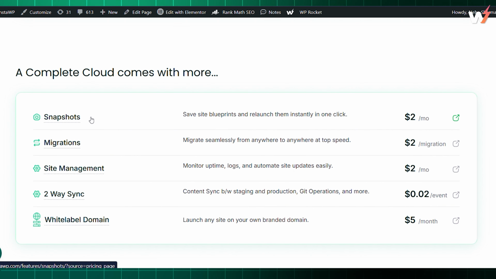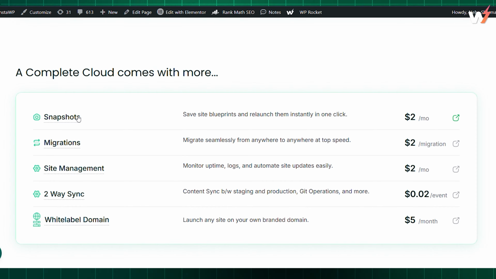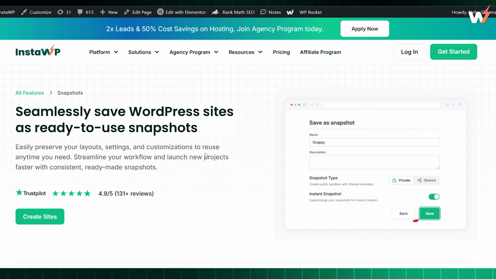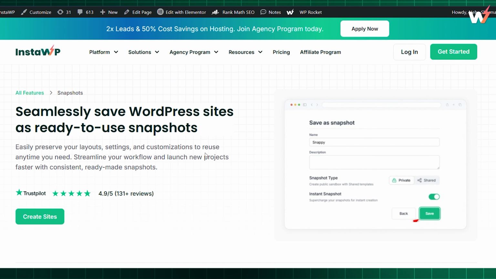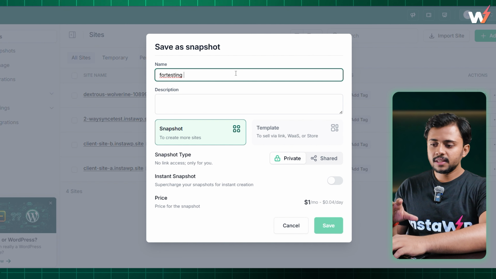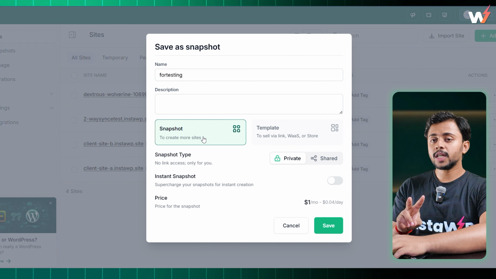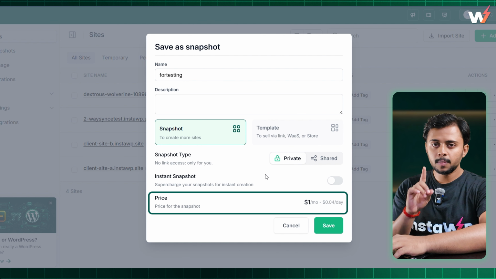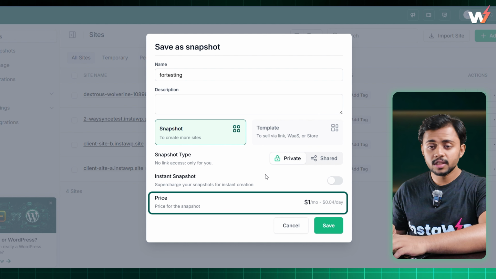Let's say you build a website on InstaWP, you design the pages, set up the themes, install the plugins, configure everything, and now you want to save that site setup for future use. In that case, you can save the site as a snapshot. There are 2 types of snapshots. The first one is a standard snapshot that costs around $1 per site per month or around 4 cents per